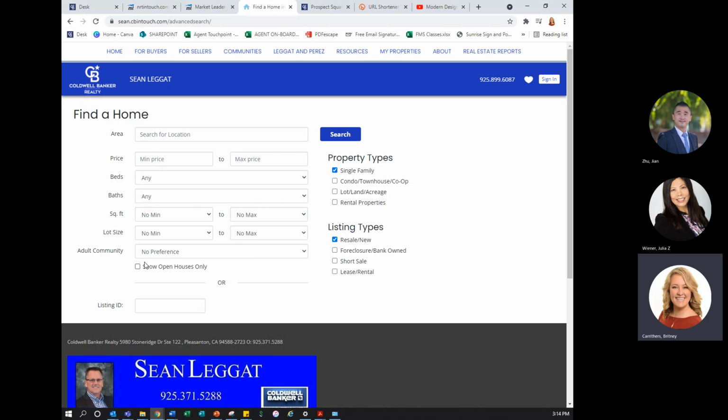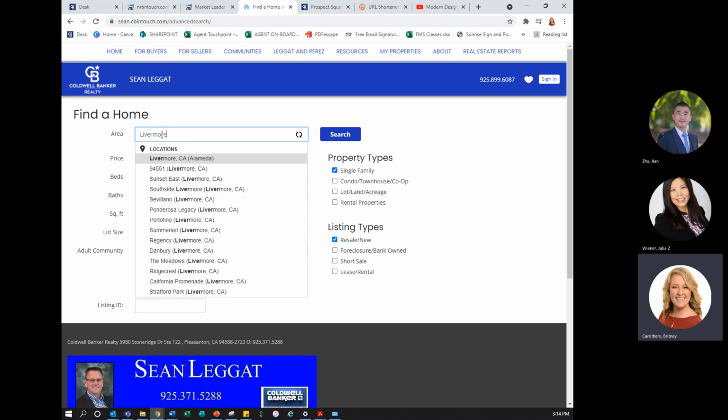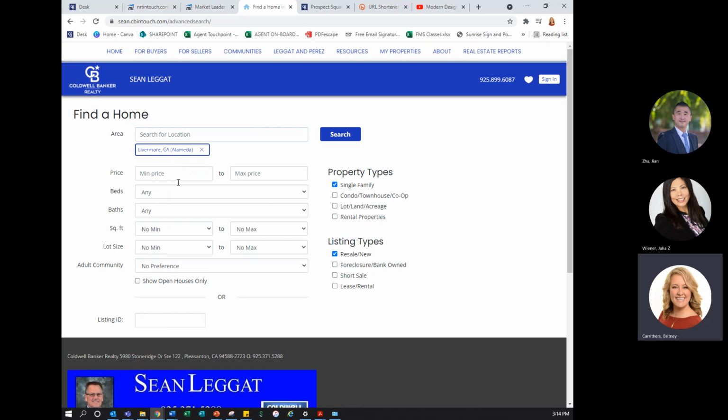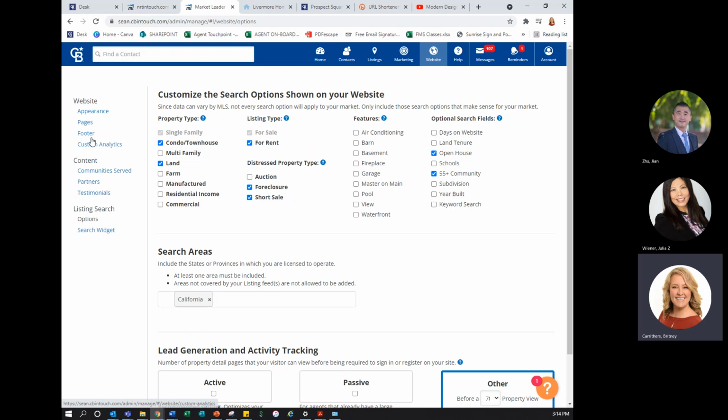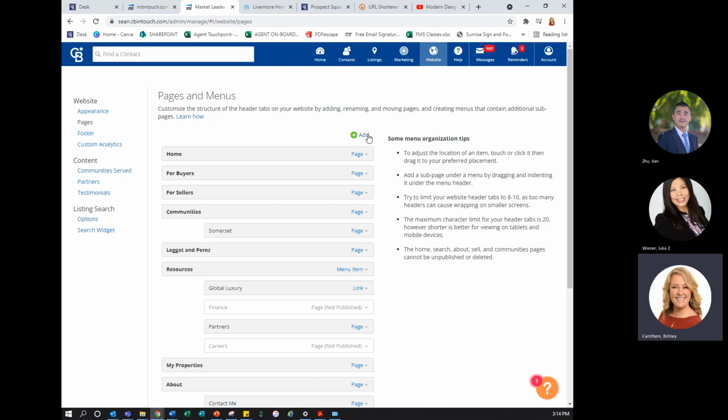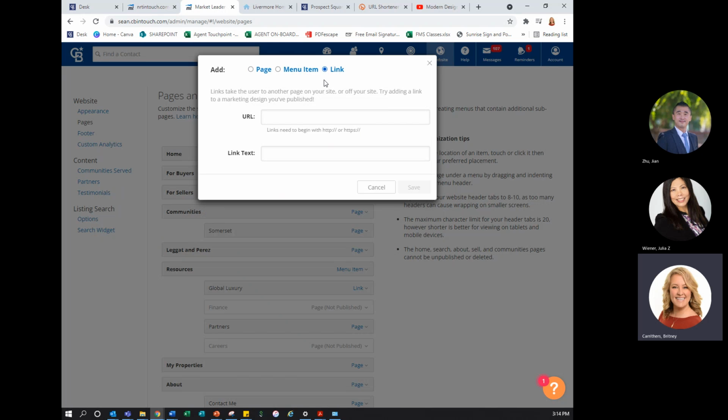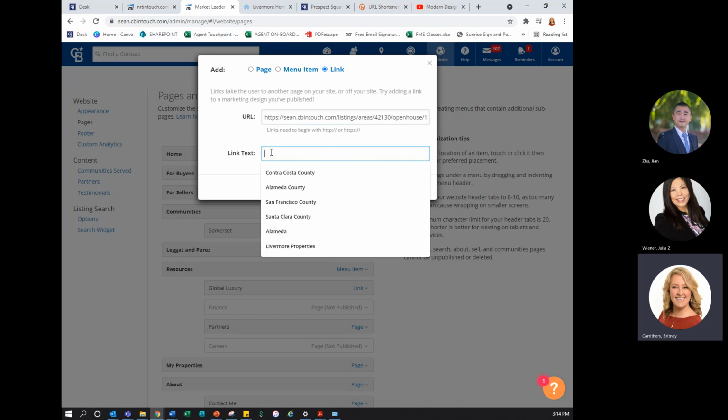So say I wanted someone to be able to look for properties in Livermore, California. Don't care about the price, but I do want to see what's going to be open and search that. So these are all the open houses this weekend, which is awesome. I can take this link and take it back to Market Leader and to my pages and now create a new page, just a linked page with that link that says